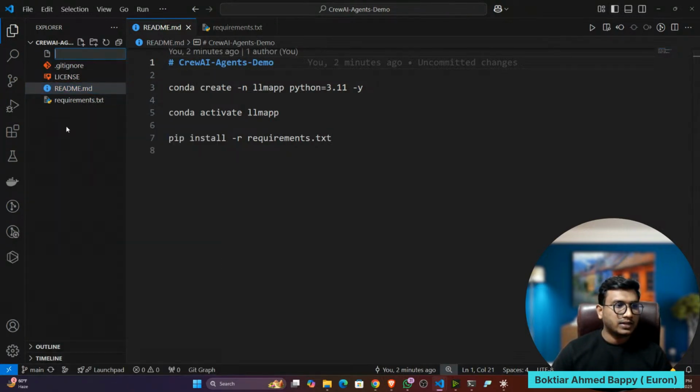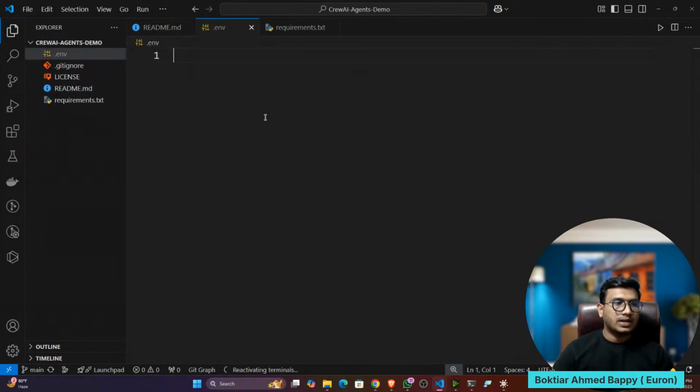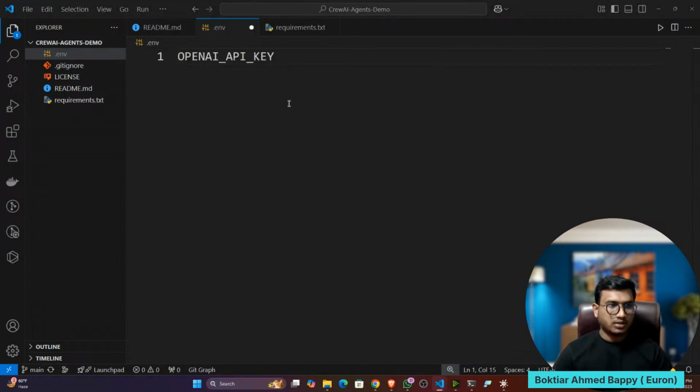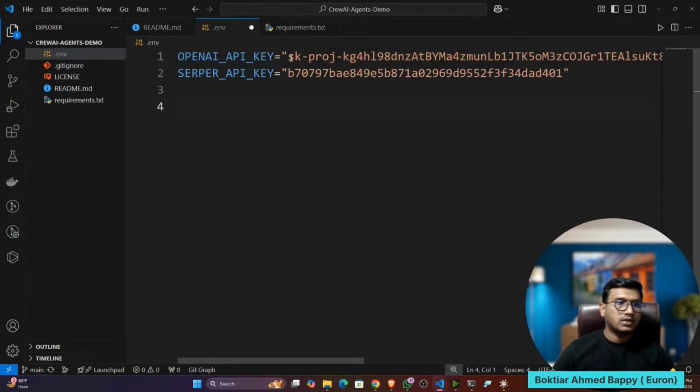But I will show you how to create the env. So let's create an env file. I'll name it .env. Inside that you need some credentials. The first credential you need is the OpenAI API key, then you need the SERP API key. Just replace your OpenAI API key here, and here replace your SERP API key. How to get the SERP API key? I'll tell you.